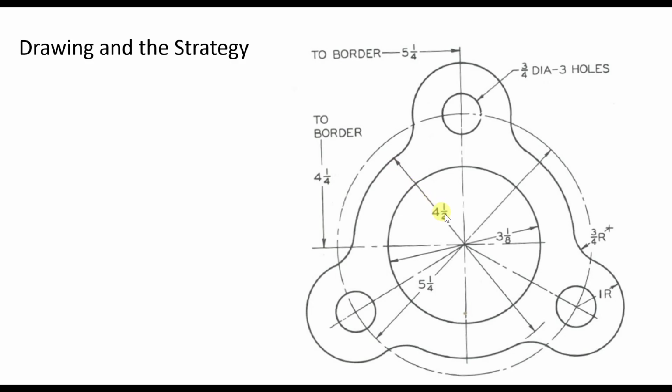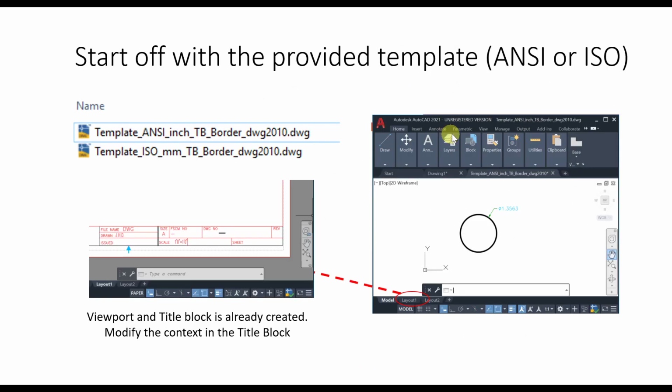We will draw this circle with a diameter of 4.5, and then we'll draw this circle with center line type, and the diameter is 5.25, and then we can find the location of this circle and this arc up here. After we draw that, we'll trim the extra pieces and use polar array to create two identical versions of the same. Okay, we're going to start off again, just like the previous video, from a template I will provide within the description. Okay, let's go ahead to AutoCAD,